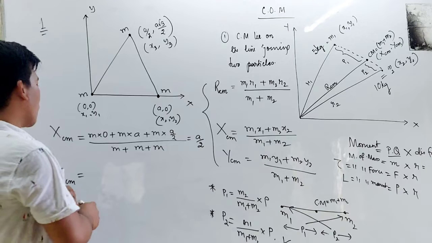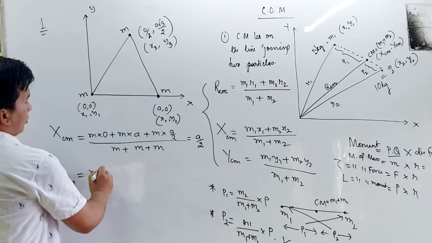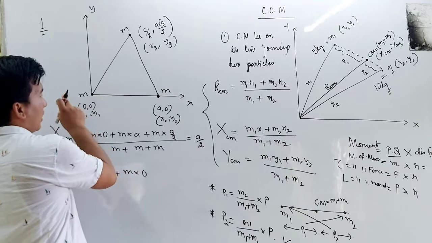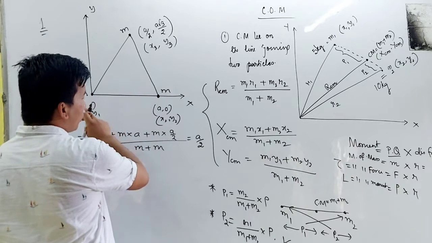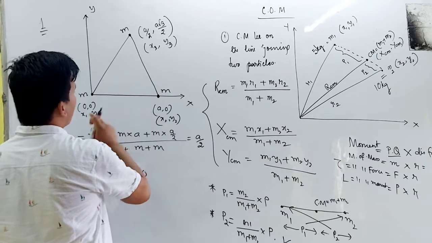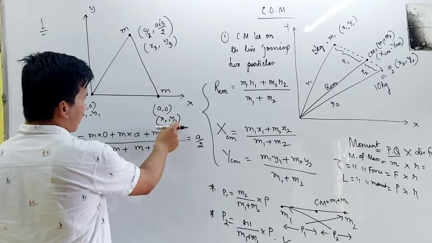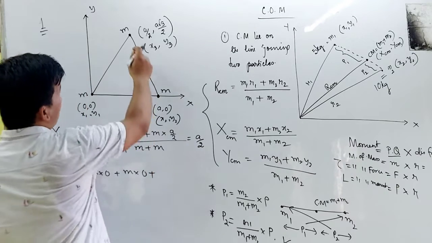Correct? Now what about your YCM? You put the value: YCM is m into this is 0 plus m into this is 0, because m1 is on the x-axis and m2 is also on the x-axis. X-axis means y coordinate 0, y1 is 0, y2 is 0. So this will be 0 plus